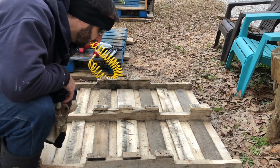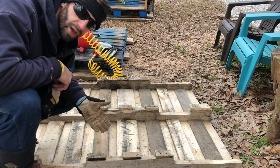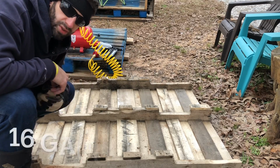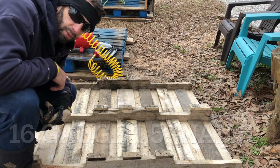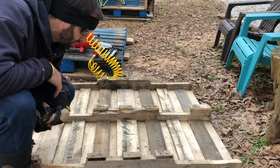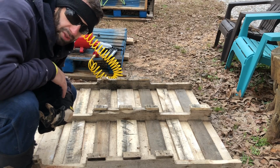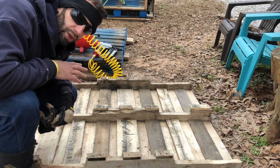So all I'm doing here is I've cut the one sides of the pallet boards off pretty even and then put them in the slots, and I'm just using a 16 gauge nail gun to tack them in there, and it does a pretty good job, and it goes 100 times faster than screwing them in or nailing them in by hand, but whatever you got will work. And so then it makes a pretty solid surface,